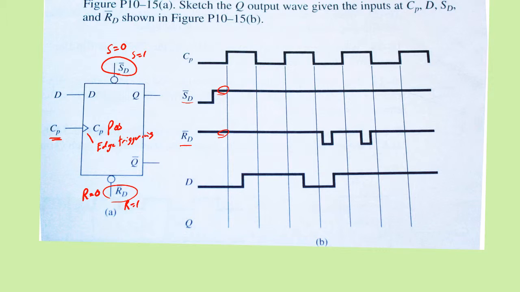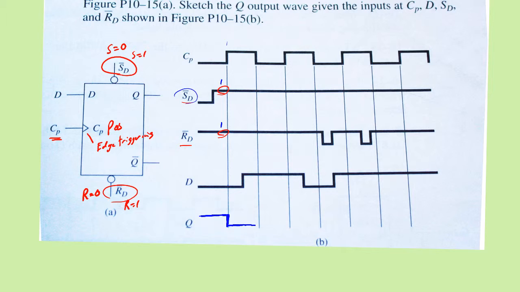On the first part of this, we have an asynchronous set. So this is going to start off with a high value for Q, and then it'll get up to this point, having had both of these things effectively disabled by setting them at logical 1, where it has a positive going pulse, which means it will begin to latch on to the data at D. And the data at D says D is going to be 0, so it'll follow through on that value of D